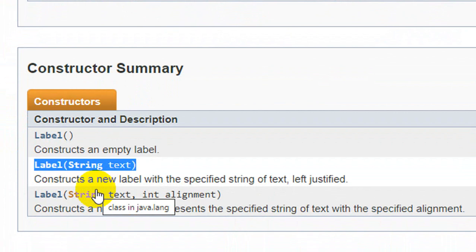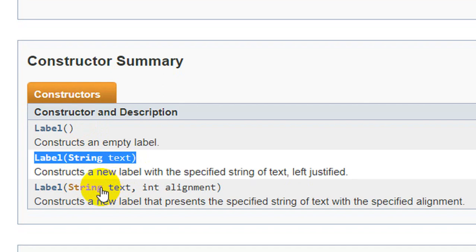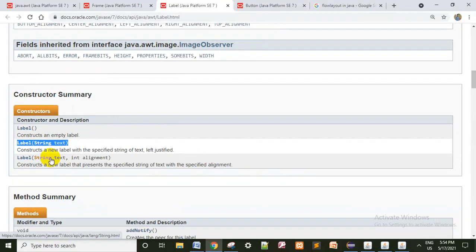Here there are three constructors. One is the non-parameterized constructor, if you want to create a label without text. Then you can create the label with some text, and also you can create the label with text as well as some alignment. So now I will use the second one.